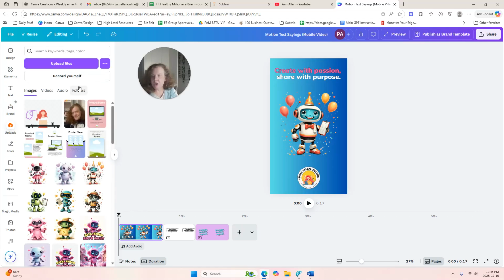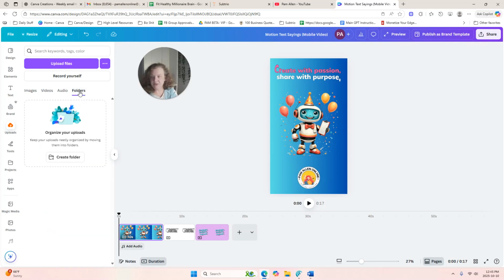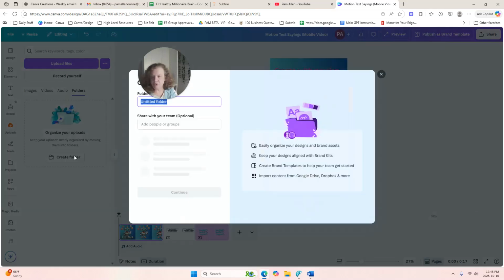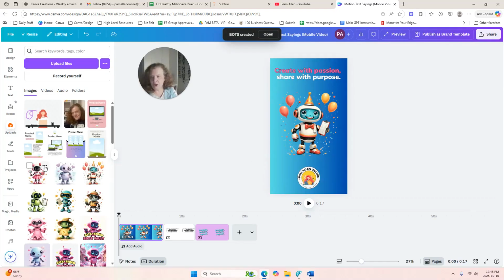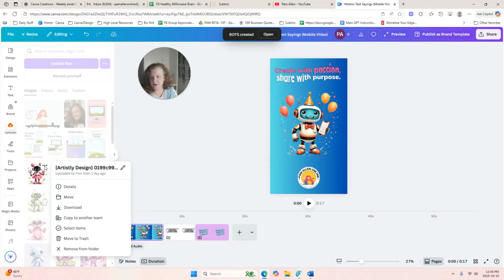Now I want to show you something that I don't know if everybody knows or has seen. But see these, there's images, videos, and audio. Have you seen the folders? So sometimes I put things in here. Okay, so create a folder. I'm going to go bots, go to image, and I can